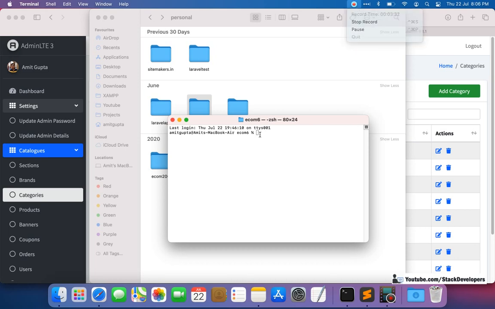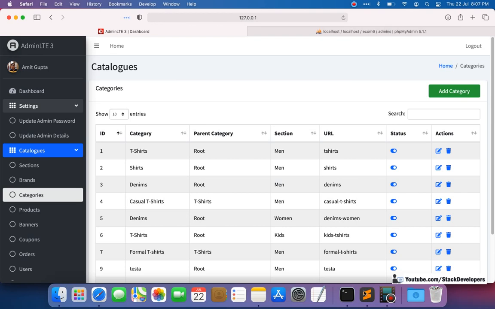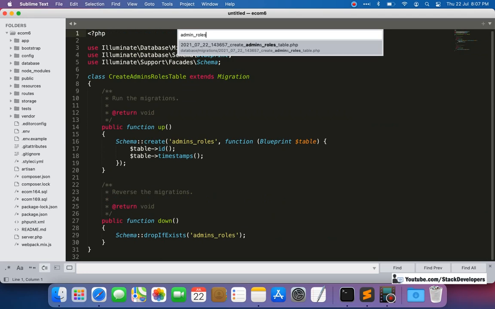We are going to run php artisan make:migration, and the new table we are going to create is create_admins_roles_table. Okay, so we are going to have this file now, admins_roles.